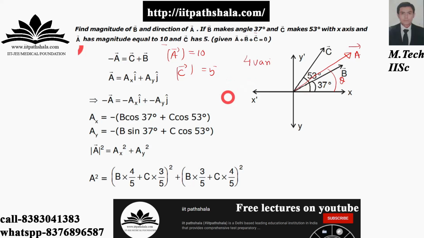So it's a pretty much easy job to do. What you can do is, let us say my a vector is in the following direction: ax i cap and ay j cap. Negative of that vector will be as follows. Okay, fine with that. Now you can find ax and ay by resolving this b and c vector very easily over here. Fine. Now why I have taken a negative over here is because I am concerned about my negative a vector. Okay, that will give my negative a vector.